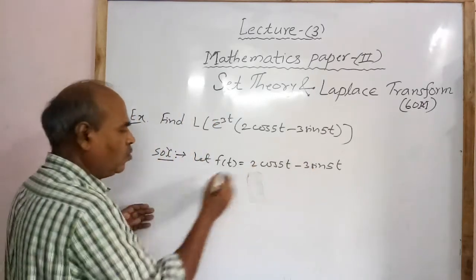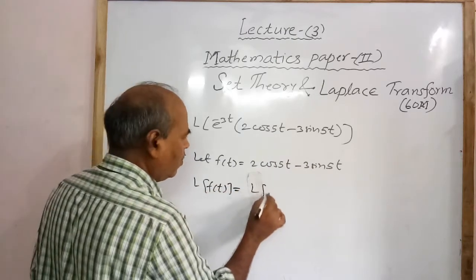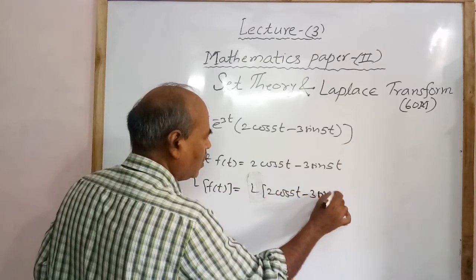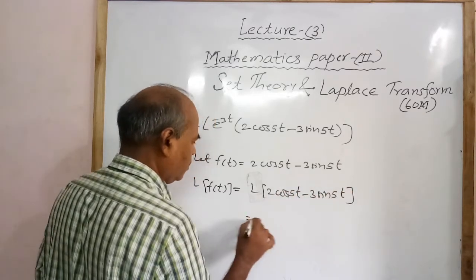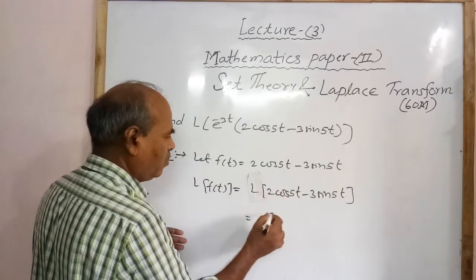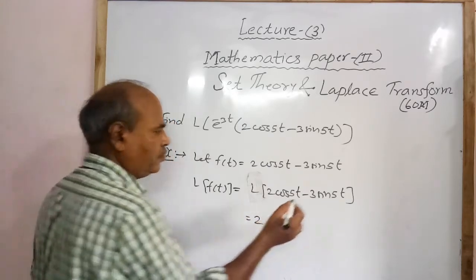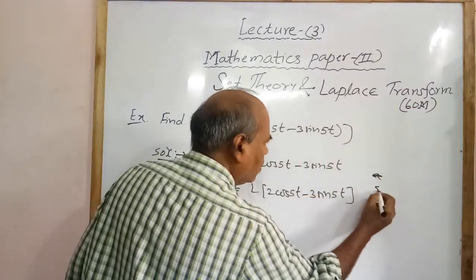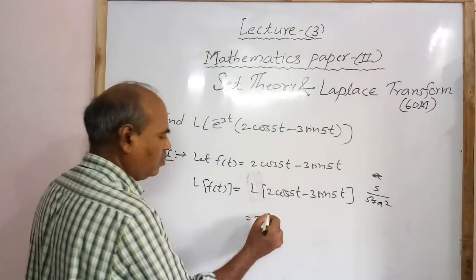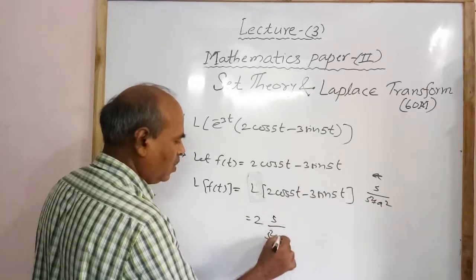Then we take Laplace on both sides. Therefore, Laplace of f of t equal to Laplace of 2 cos 5t minus 3 sin 5t. Take the Laplace of cos 5t times 2. We know Laplace of cos at is s divided by s square plus a square, a equal to 5. Therefore, s divided by s square plus 5 square, that is 25,